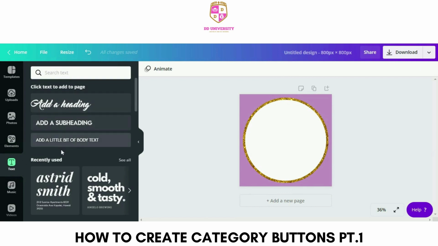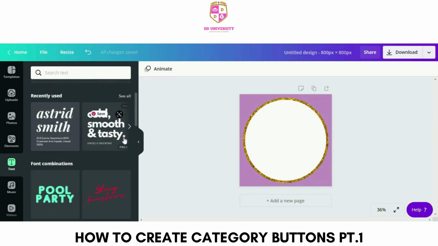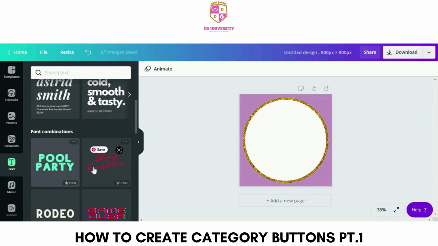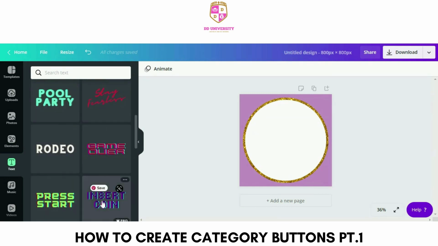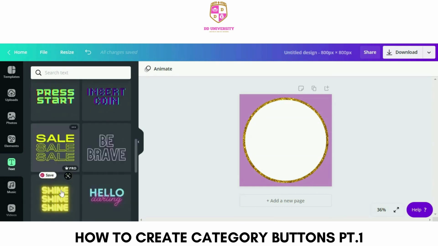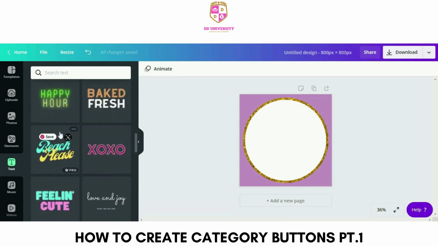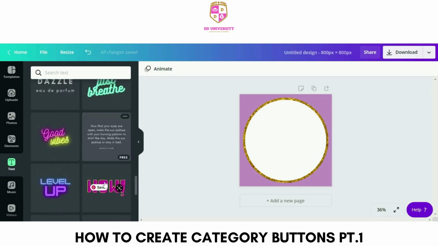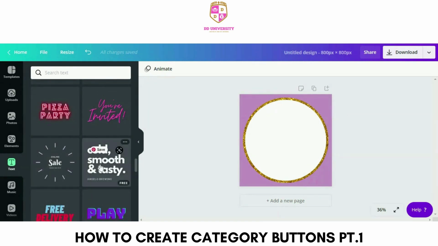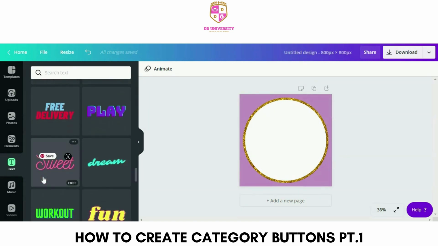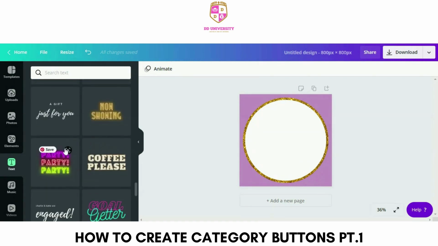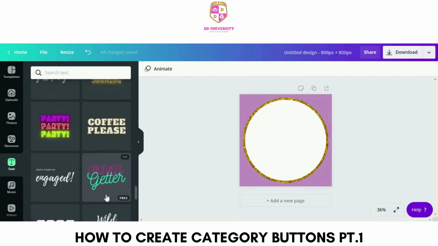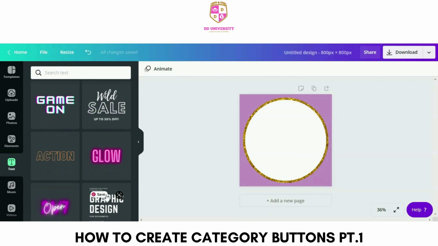Now these are the ones that I use the most right here. Then they give you different options of what you can do. How it keeps going and keeps going. A lot of these can be free, but some of them might be for the pro account. So let's see. I am going to go with